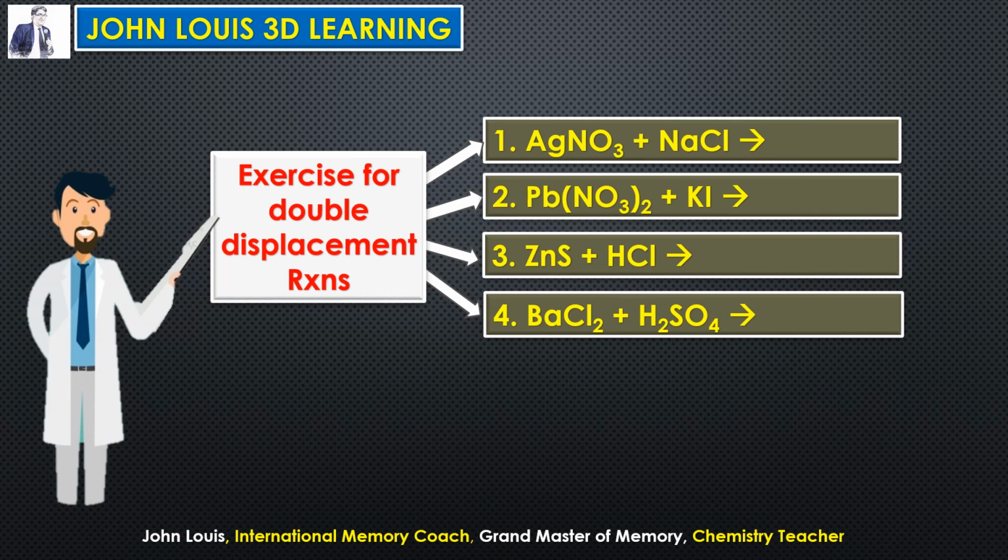And then barium chloride plus sulfuric acid, which is hydrogen sulfate. So barium sulfate will form and the hydrogen chloride will form. So get the formula by applying the basic rules to derive the formula and write the equation correctly, and try to balance also. You have learnt how to balance also in the last chapter. Apply the same techniques and try to balance each and every equation. Take lots of examples from your textbook also. Don't stop with these 4. Take more and more equations, try to solve them, have fun solving them with your friends. So when you start getting the answer correctly, you will be highly motivated to learn more and more. Hope you will be able to do it perfectly.